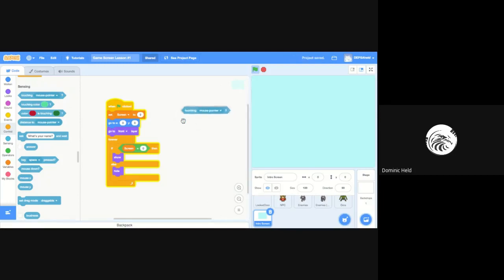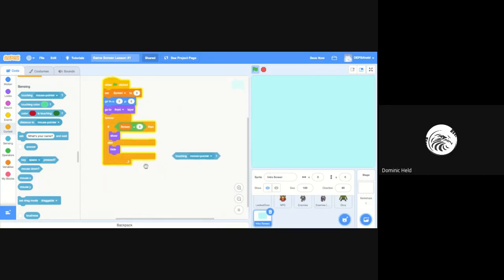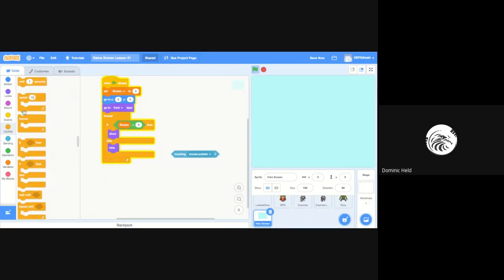Okay, so let's try this. Inside the forever loop, I'm going to bring in a new if statement. From control, I'm going to bring in just an if statement. So if we're touching the mouse pointer,